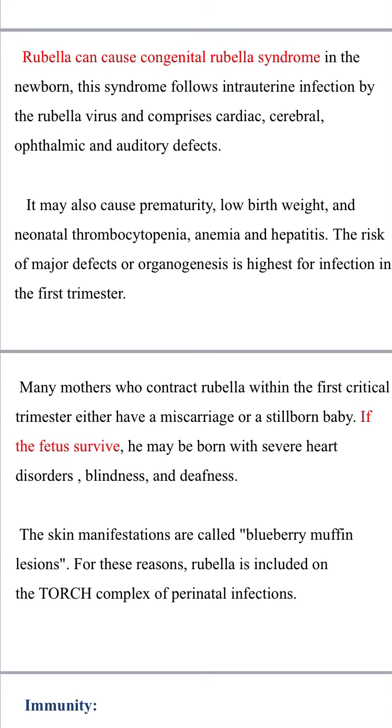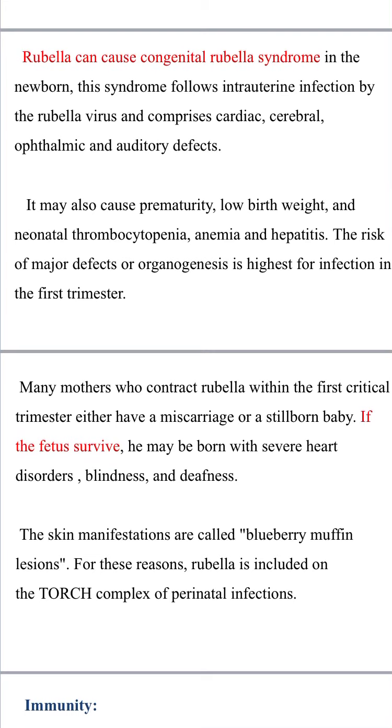Rubella virus can cause congenital rubella syndrome. In the newborn, this syndrome follows intrauterine infection by the rubella virus and comprises cardiac, cerebral, ophthalmic, and auditory effects. It may also cause prematurity, low birth weight, and neonatal thrombocytopenia, anemia, and hepatitis. The risk